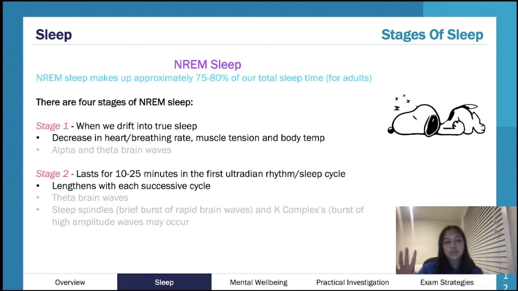In terms of your brain waves for these two, you're going from those lighter ones, remembering that beta are your fast ones, and then it's alpha and theta. Again, we've popped them in grey because it's not a major thing to be aware of, but your teacher may discuss it. You may see it in your textbooks. If it's on your SACs, it just depends what school you go to, your teacher, things like that. But if you never hear about it in class, then don't worry about it too much. But it's that idea that, as you would expect, when you go to sleep, your brain is slowing down a little bit.